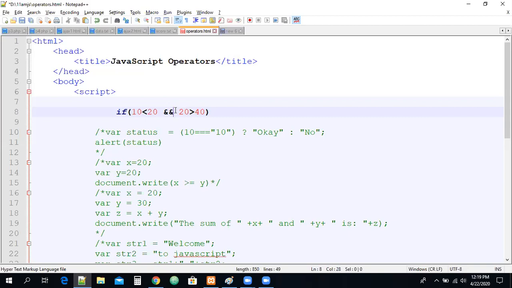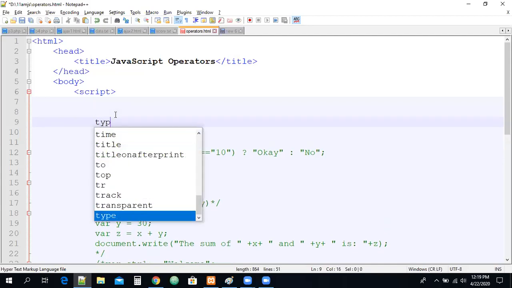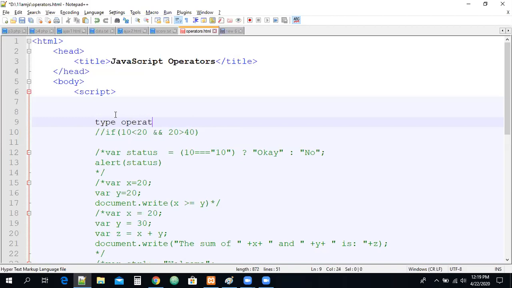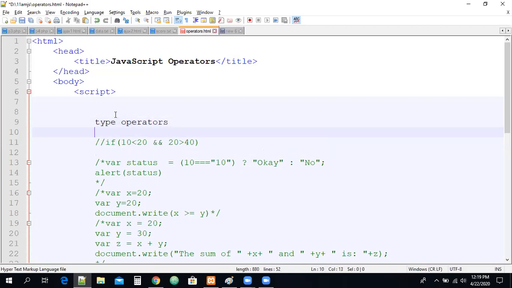Now we have some more operators, guys. We have a very important thing, guys. These are also mostly used. These are called type operators, guys. Nothing but type operators. They call them type operators, right? What are the type operators, guys? Here, for example,